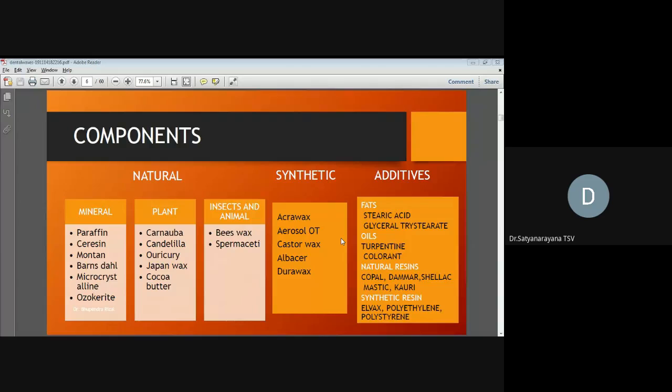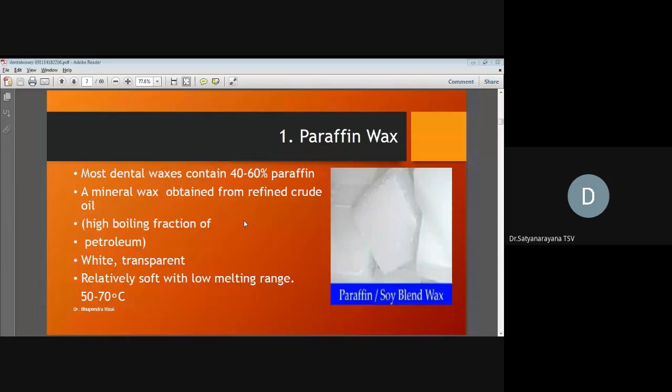How are they divided into natural and synthetic? Again, in your naturals, you have minerals, plants, and insects. Okay. Coming to your paraffin wax, most of the time, in your main